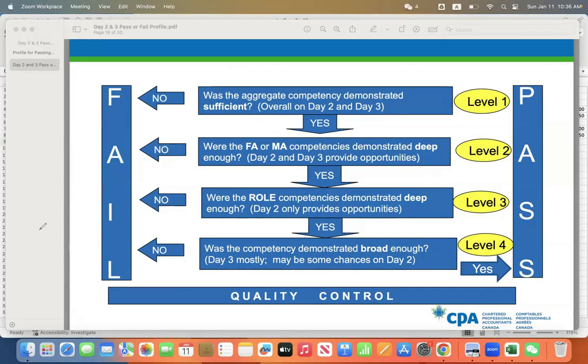Another thing I want to mention is, don't change your strategy for day three based on what you feel about your day two. Some people think after the day two exam, oh, I don't think I did well in the financial reporting section today, so I have to do more financial reporting assessment opportunities in day three to make that up. Then they switch their exam strategy completely in day three, pick the financial reporting and spend lots of time on it. But when the results come out, they failed day three.